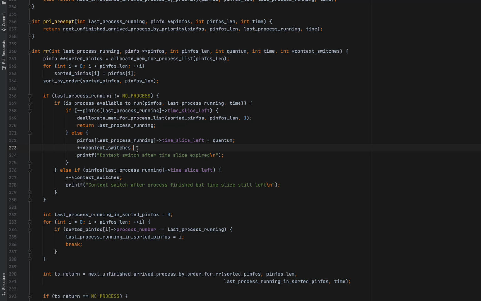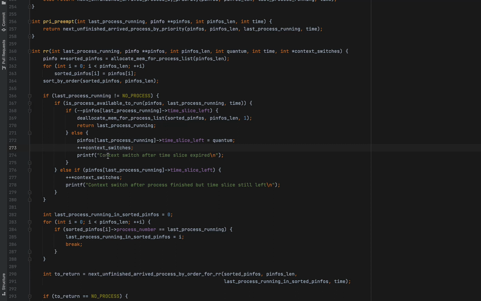It might so happen that this process may not be selected again, because if there is another process available in round robin, we will be selecting that process and we will be looking at that later. But it can also happen that the same process might get selected in case no other process is available to run at this point of time.